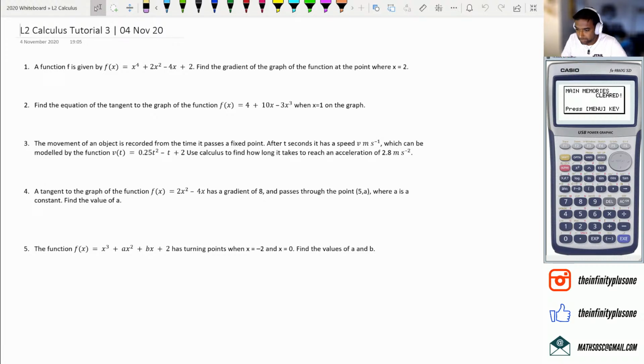So welcome to the level 2 calculus tutorial, guys. So what we're going to be doing today is pretty much covering this from the 2017 paper. These questions, but they're all parallel questions. Because they're parallel questions, all I've done is I've just kind of changed the numbers up a bit,